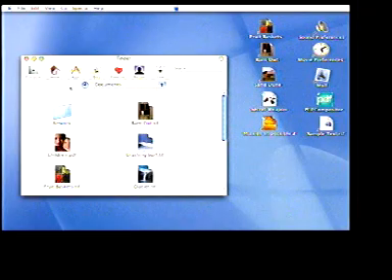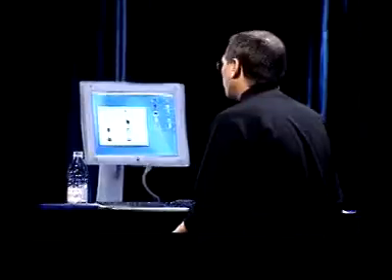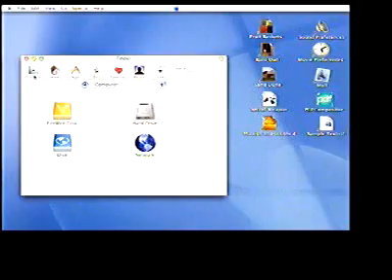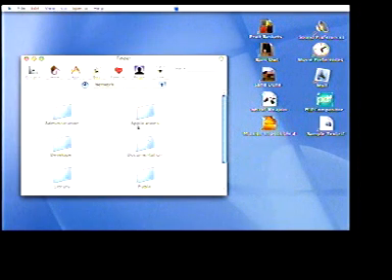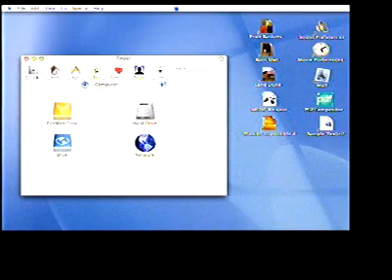Now, in addition to this, we've added some buttons here. And these buttons are shortcuts. They're shortcuts to the places that you go all the time. And so we have one called Computer. Boom. It takes you to your computer. You can see your disk drives. You can see the network if you want to. Go on the network, whatever you want to do. We have another one called Home. Well, what's that about? Well,